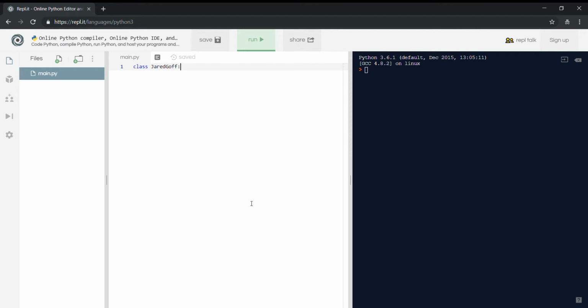Jared Goff is a football player. He's the quarterback of the Los Angeles Rams, okay? So we can now define different attributes, okay? And an attribute is just something to describe the object, okay? So if we were to describe Jared Goff, he has a first name